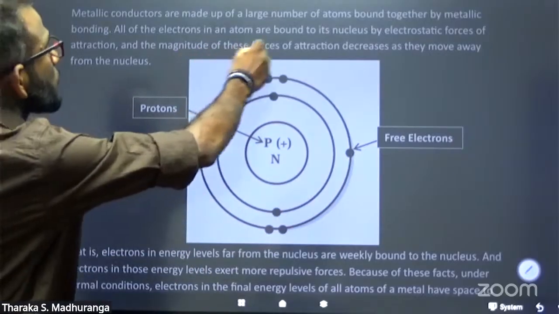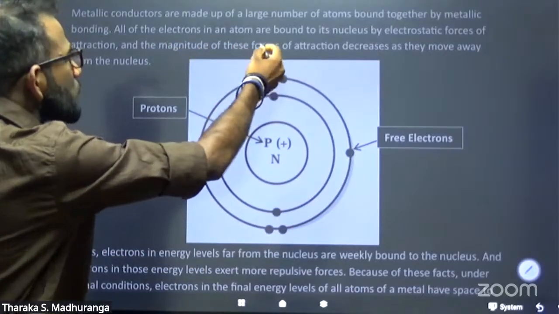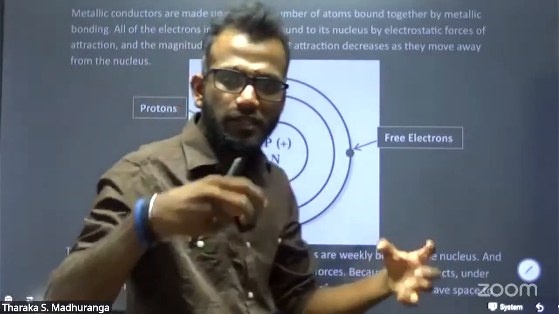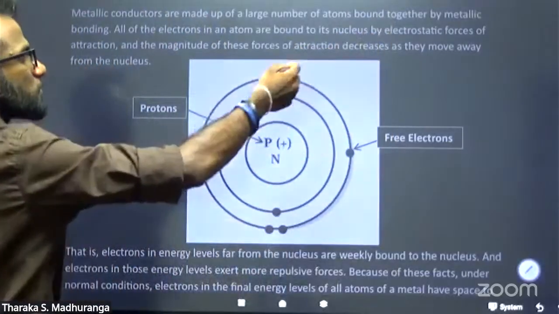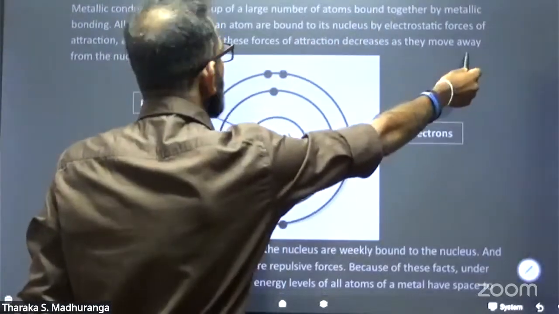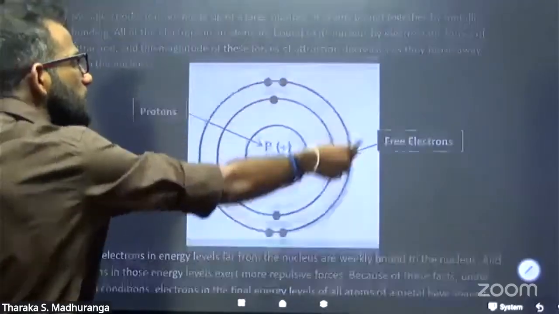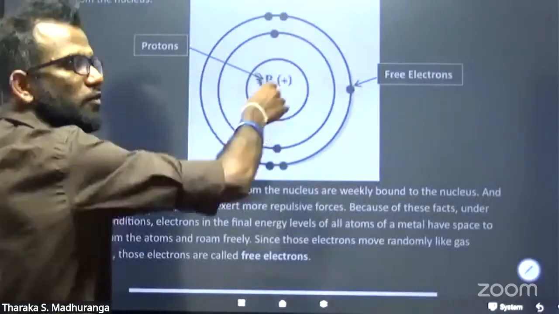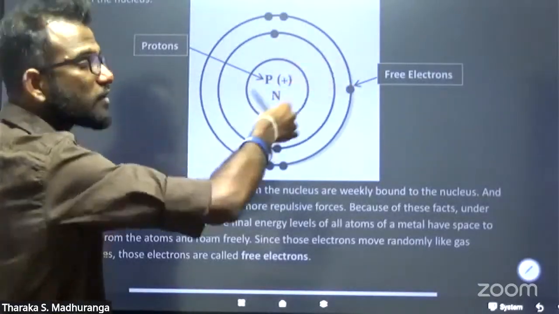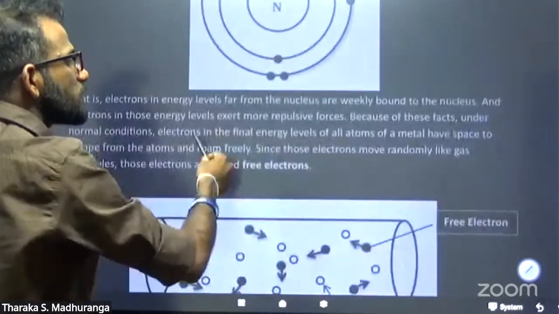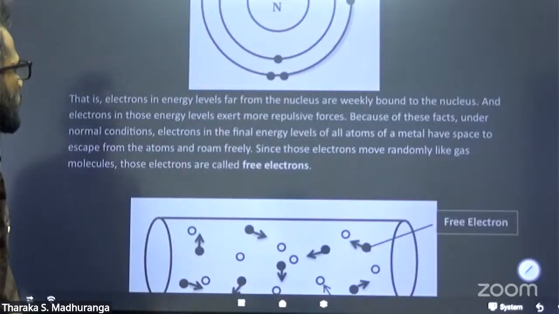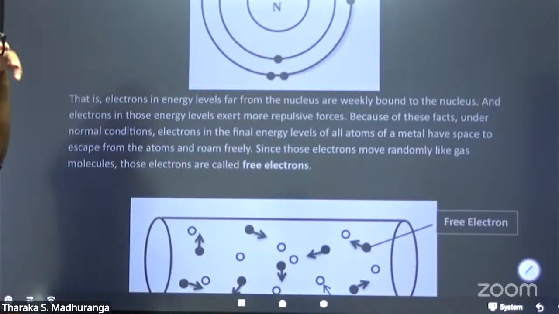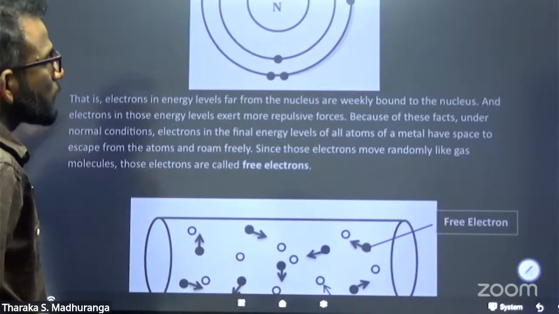See the magnitude of these forces. That means attraction decreases as we go away from the nucleus, more away from the nucleus. As the energy level increases and goes away from the nucleus, the attraction decreases. Due to this decrease in attraction, free electrons are formed. That is, electrons in energy levels far away from the nucleus